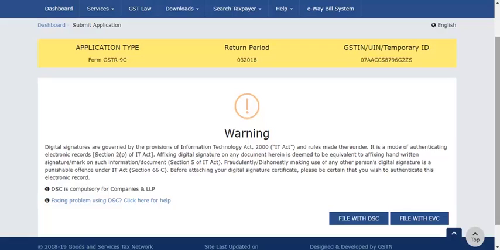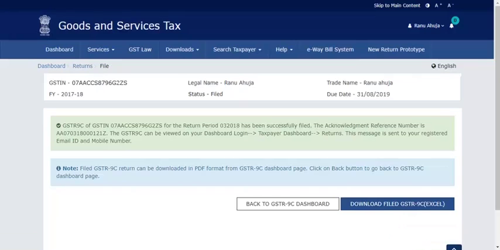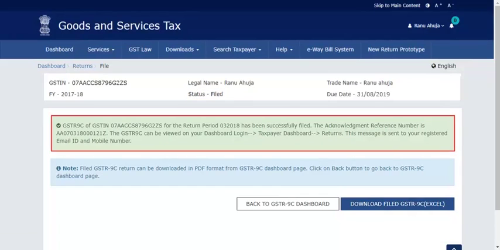On this Submit Application page, click the File with DSC or File with EVC button for system verification to file the return. After successful verification, this page gets displayed with updated status as filed. Also, in this green message, the acknowledgement reference number is displayed, which will be sent to your registered email and mobile as well.